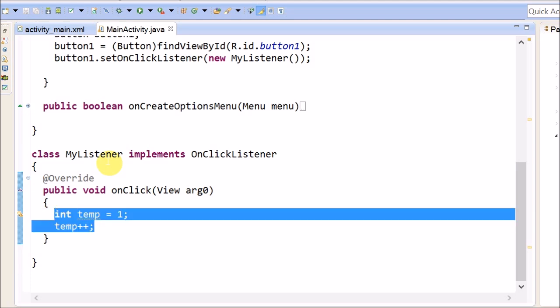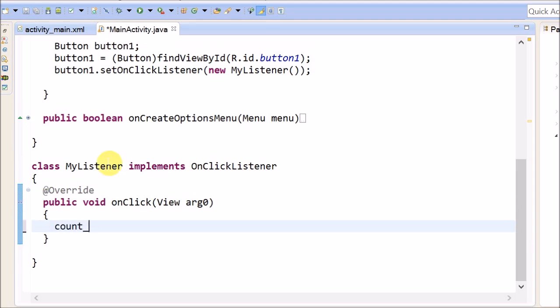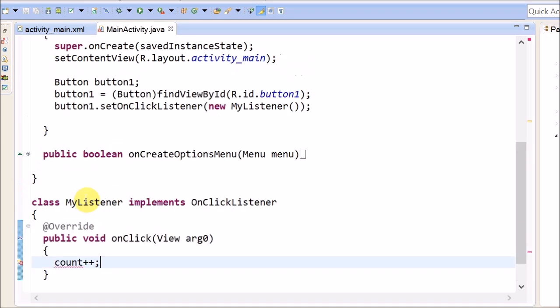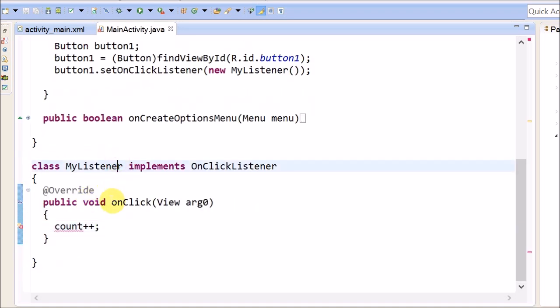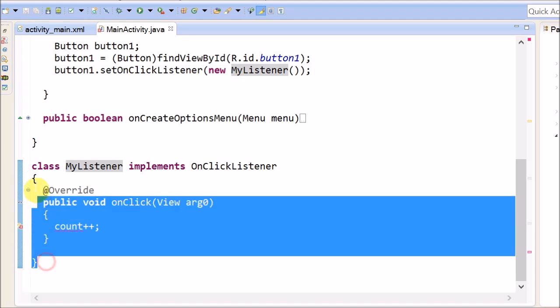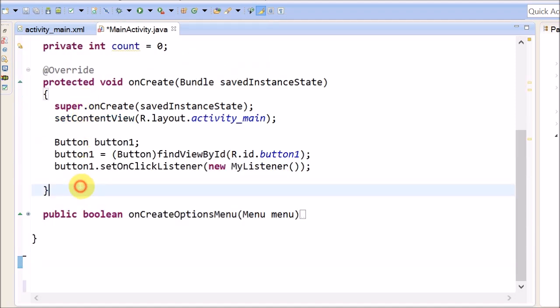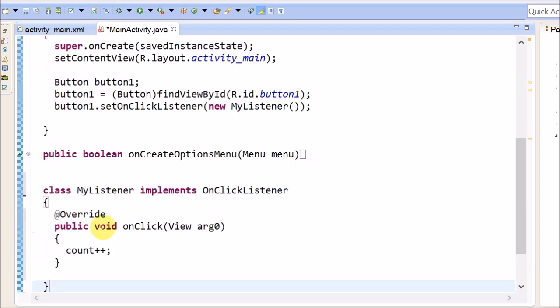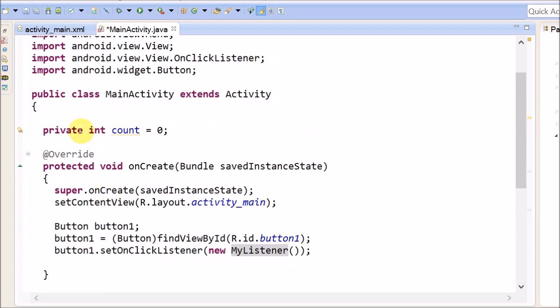If I want to track the number of clicks, I can't just do this. For this kind of scheme to work, I would have to create the listener object and find some way to pass things in here. That's too much work. So usually this is an inner class, like this. It's bundled, my listener inside of this